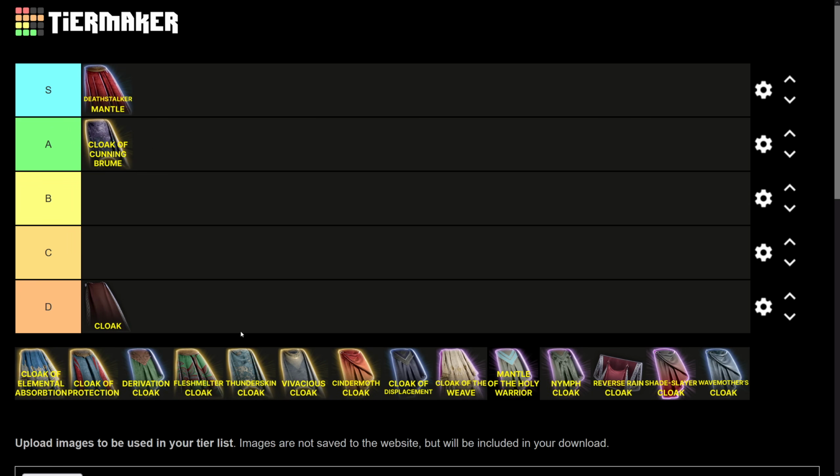The Cloak of Elemental Absorption. So this is available later on in Act 2. Obviously, it's going to depend on what order you do Act 2 in, but for most playthroughs, you will already have some other cloaks available by the time you get this one. So you won't just be comparing it to an empty slot, you'll actually be deciding whether to equip it over